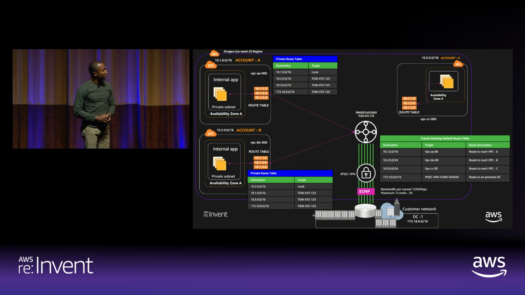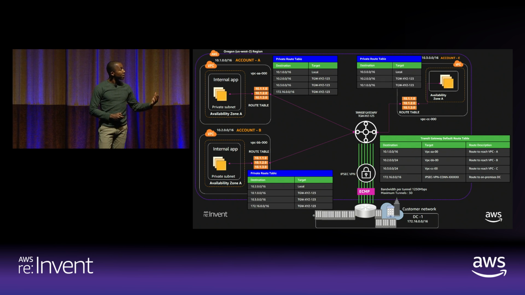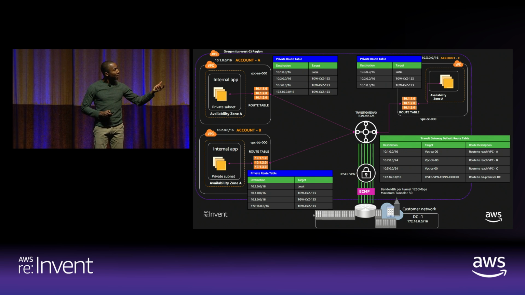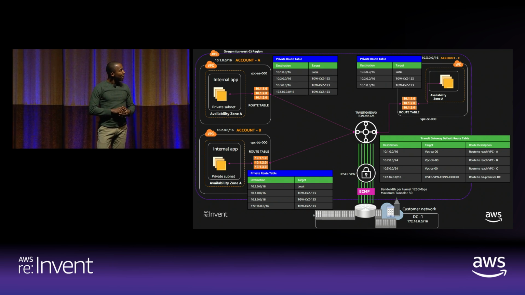So let's look at this particular scenario. In this scenario, we're basically associating 3 VPCs with the Transit Gateway, and we're specifying how each VPC reaches the other. So if you look at account A on the top left-hand corner, it has a local route specified, but it also has a route specified for accessing the 10.2 network by going through the Transit Gateway, and the 10.3 network by going through the Transit Gateway.